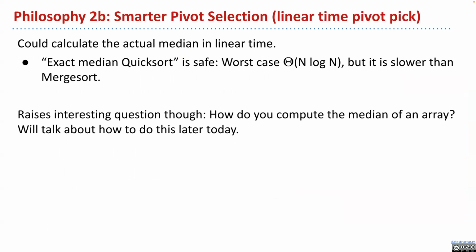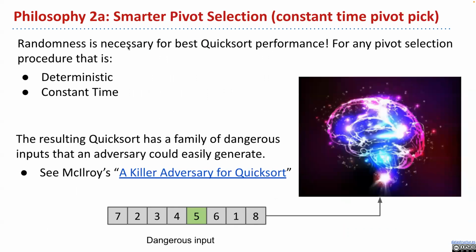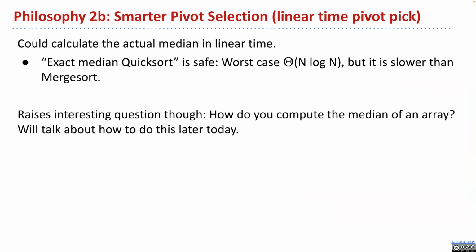All right. Let's talk about strategy 2B, which was picking a smarter pivot. That's in contrast to 2A. 2A was that idea, let's just pick a few items and pick the best one among them and use it as a pivot. You run into this trouble. 2B, where you actually pick the exact median, that one's okay. That one's going to work fine. We'll call that exact median quicksort. The steps are,